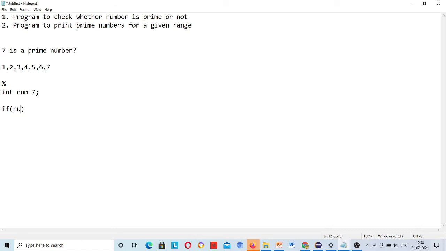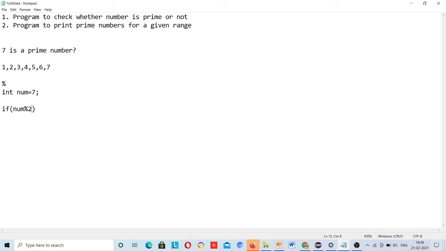If num modulus 1, 1 we should leave, because we know if 1 is dividing it, it doesn't matter, because only 1 and 7 can divide it, no other number can divide it.